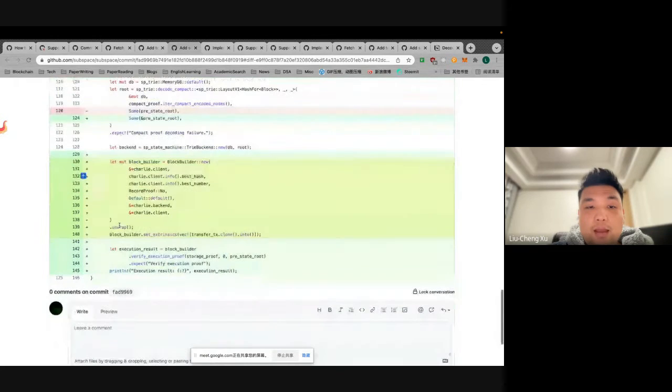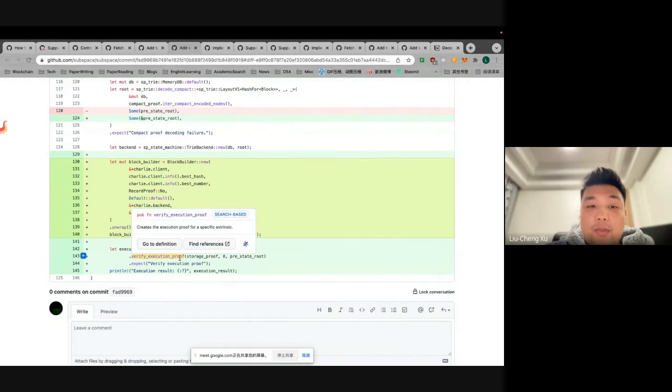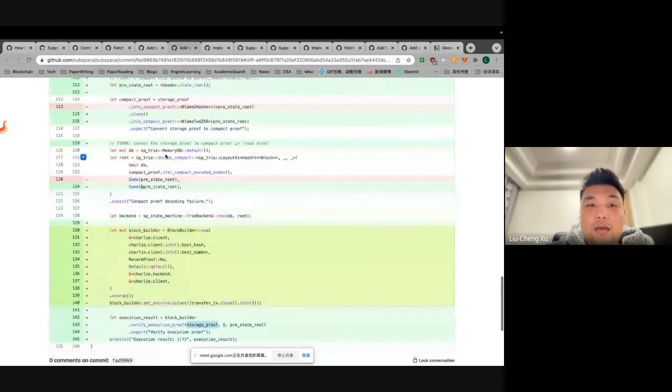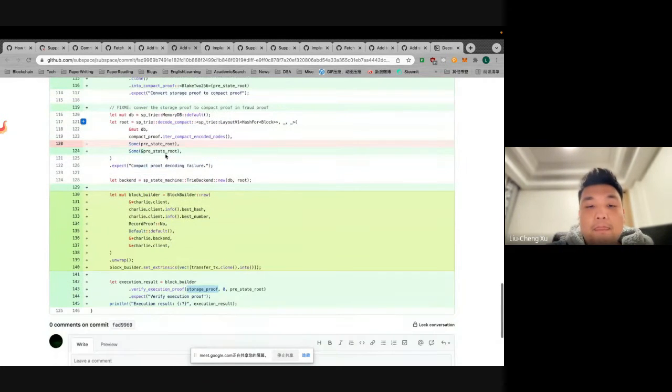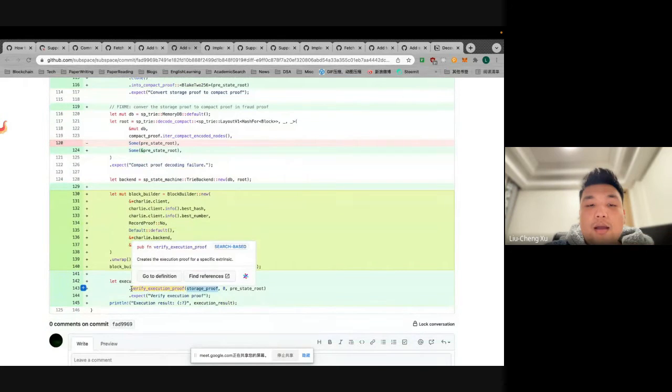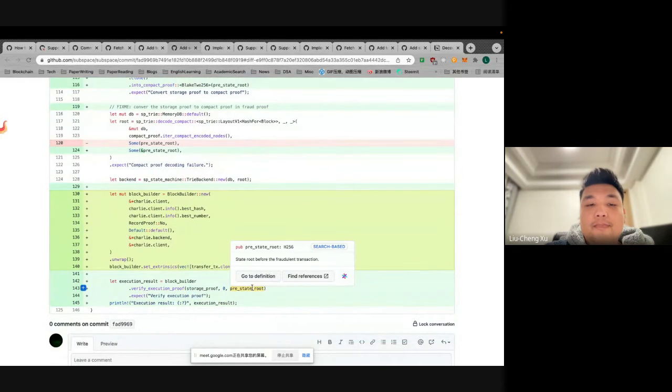We construct a new block builder with this extrinsic, and we verify this proof produced by another block builder. Actually, this verify is successful only with